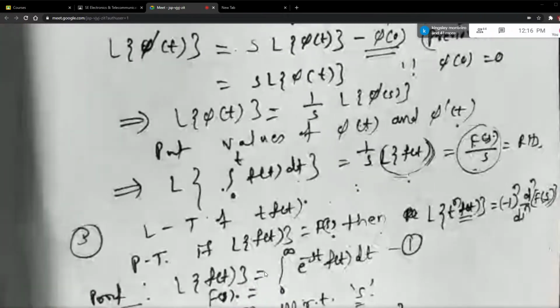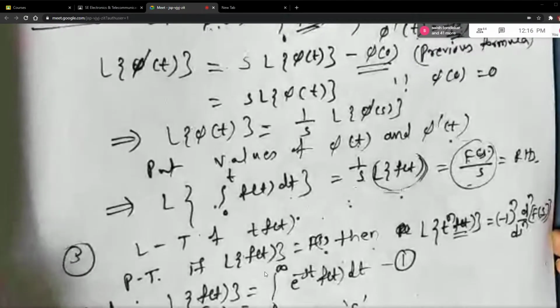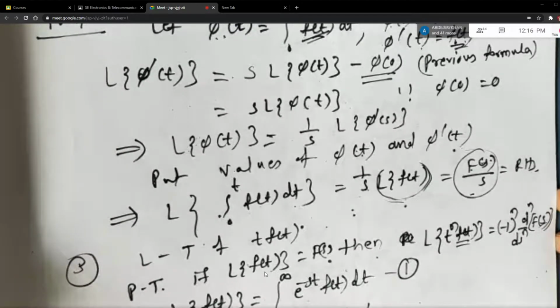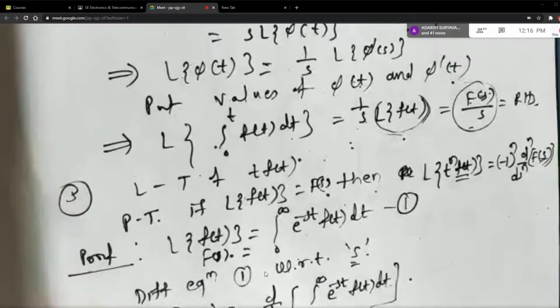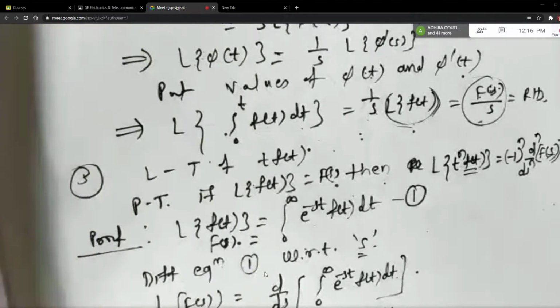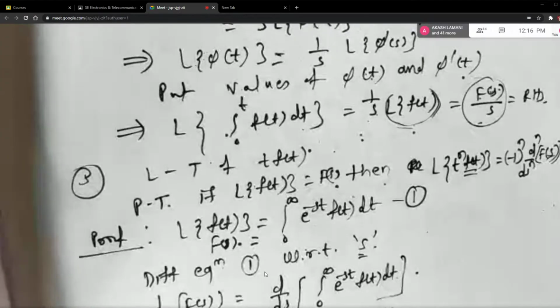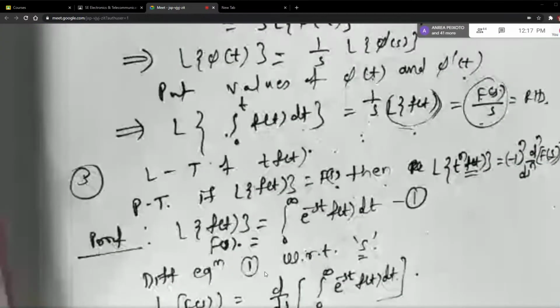So I don't think it is difficult to understand these proofs. Any doubt at any step? If you have not followed some step, you can ask me. I'll explain again. You are there, no? All of you? Okay, now the fifth one. Akash, are you understanding the proofs? Yes, ma'am. Okay. Then what about new students?